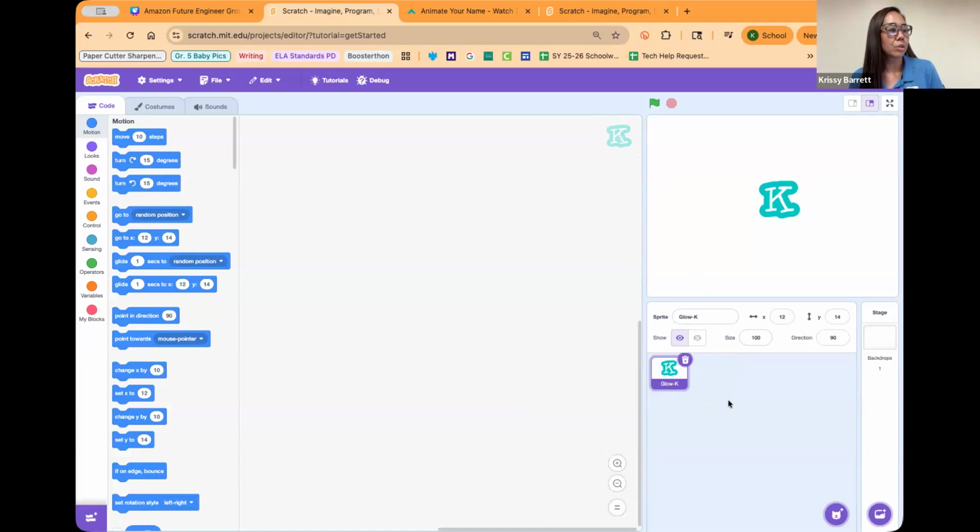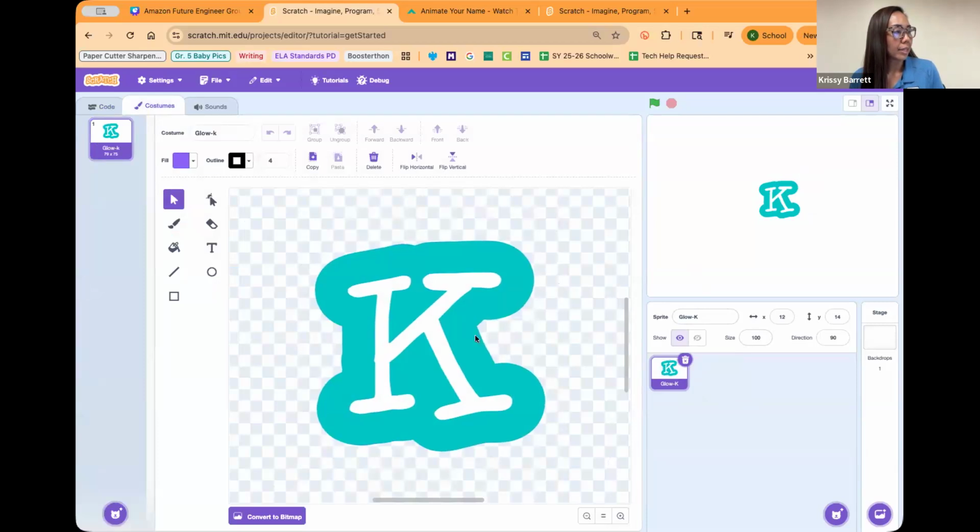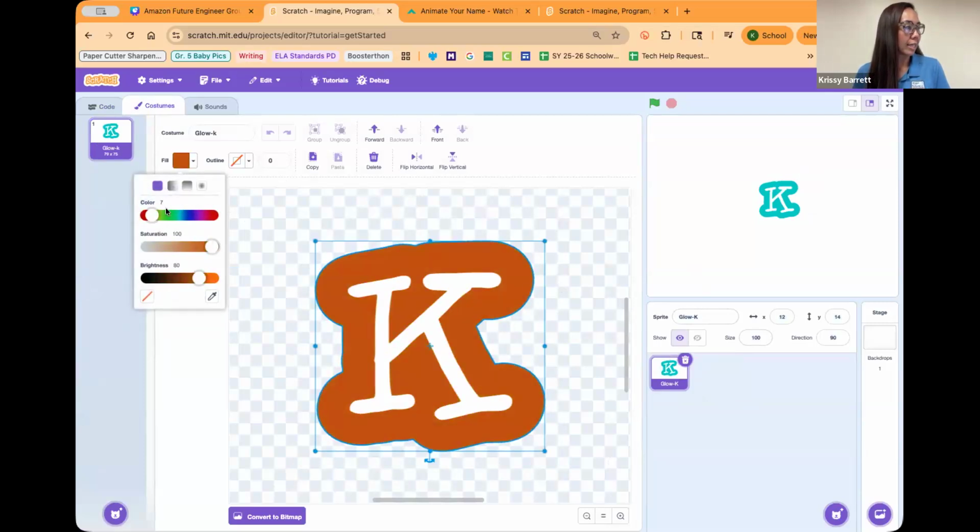Okay, so there's different ways to change the way the K looks before we think about animation. So we're going to go to this costumes tab over here. And this is a very pretty simple paint interface. So if you want to change the color of this bubble on the outside, you click it. And then in this fill color, you can slide, changing the color.